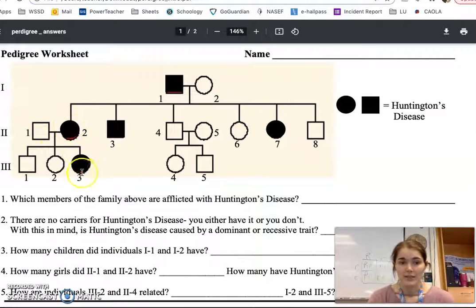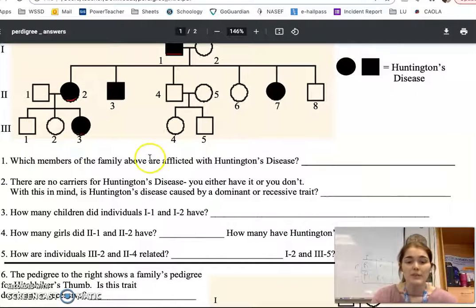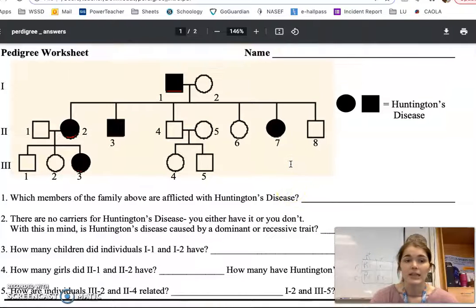This kid marries and has a kid with Huntington's. This kid marries, has a kid. No kids have Huntington's. They have 2 kids, sorry. So it says, okay, which members of the family are afflicted with Huntington's? If we look in generation 1,